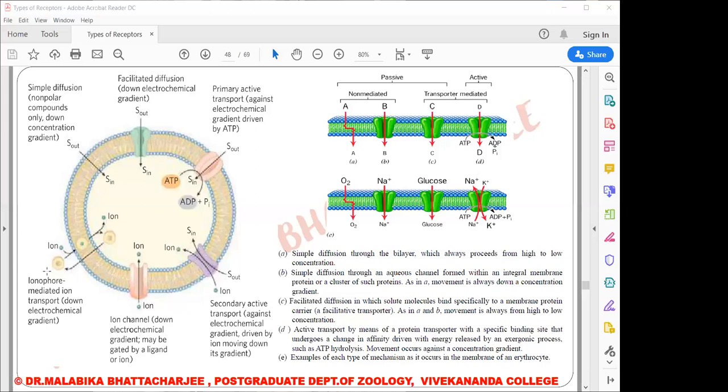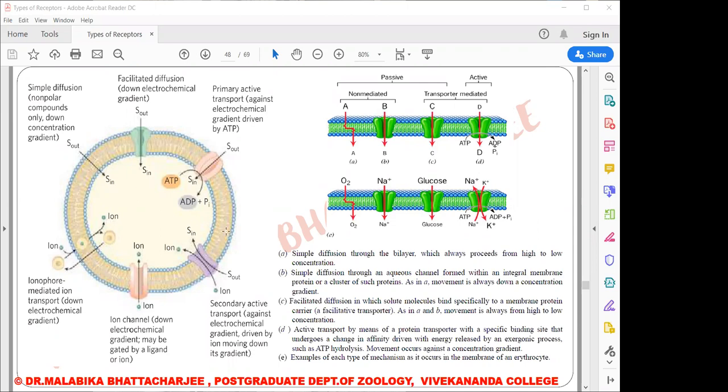And there's another category of transfer of ions across the plasma membrane that is done by ionophores. Ionophores are basically molecules which have a hydrophobic part on the outer surface. These ionophores can bind with ions. The ion sits in the interior of the pocket and the hydrophobic covering sits on the outside. So the ionophores do not have any problem traveling through the plasma membrane. And once they reach the cytoplasmic surface, the ions are liberated from the ionophores.